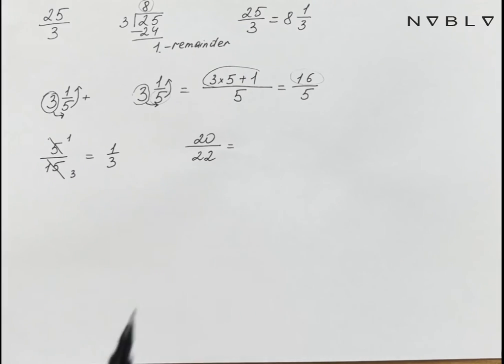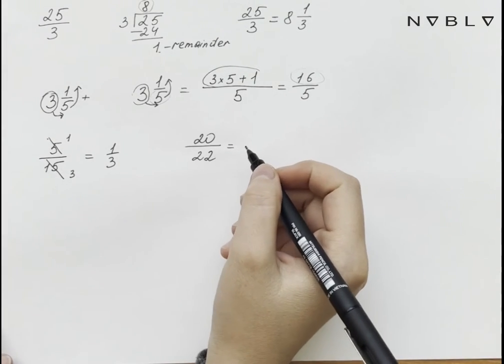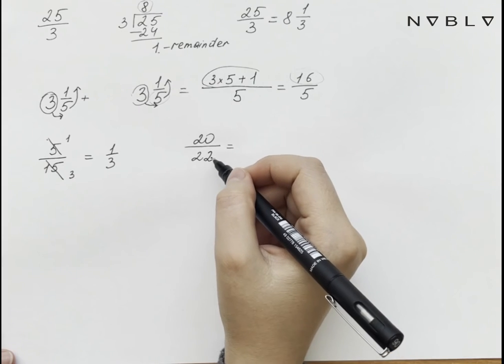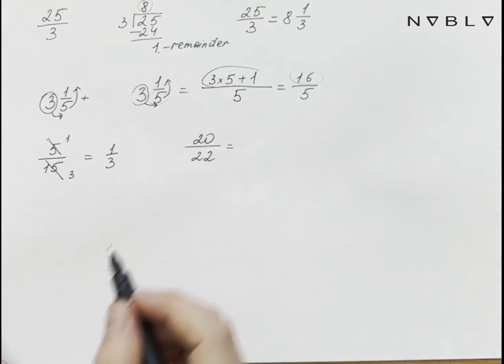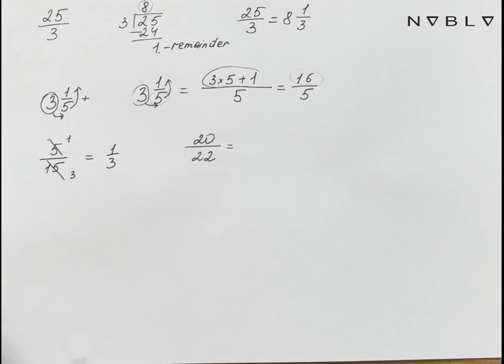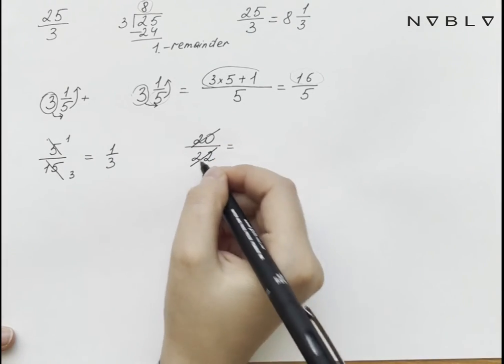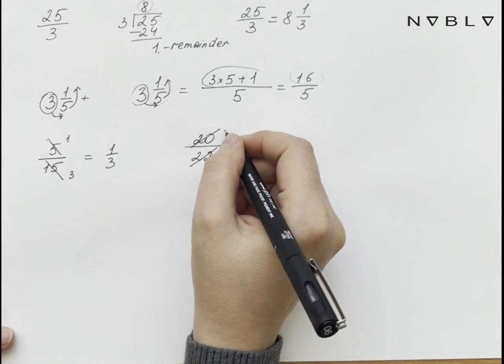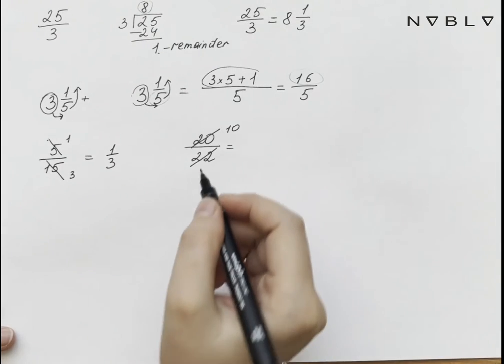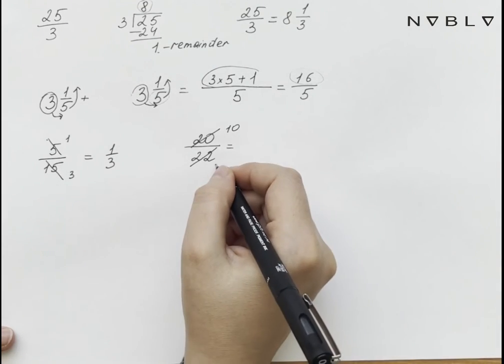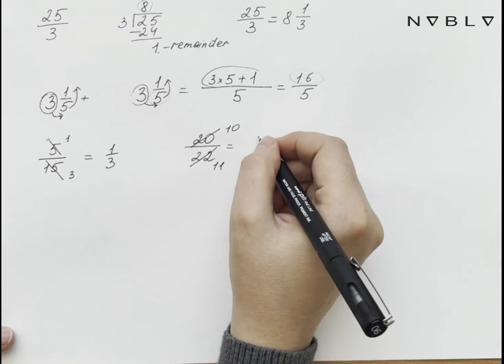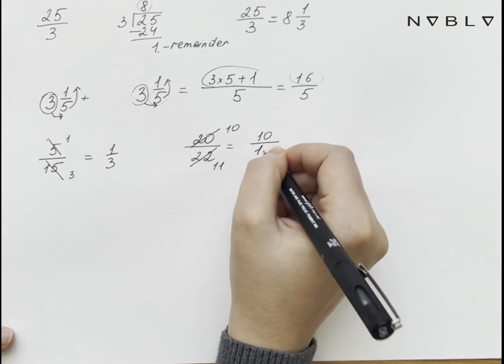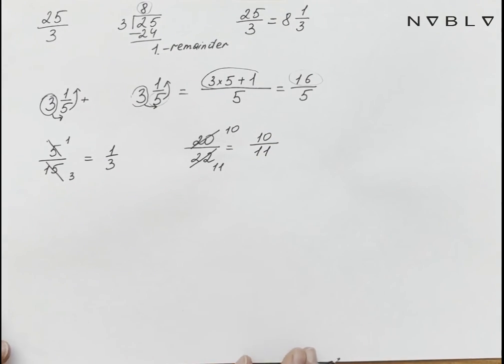Also, one more example, 20/22. We will reduce by 2. 20 divided by 2 is 10, and 22 divided by 2 is 11. Our fraction will be 10/11. And one more,